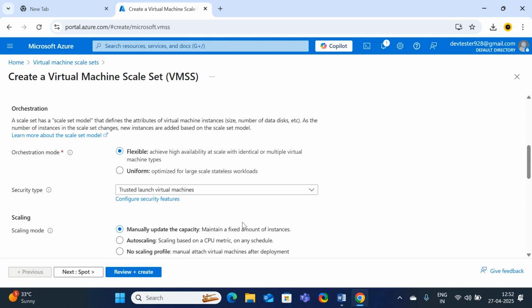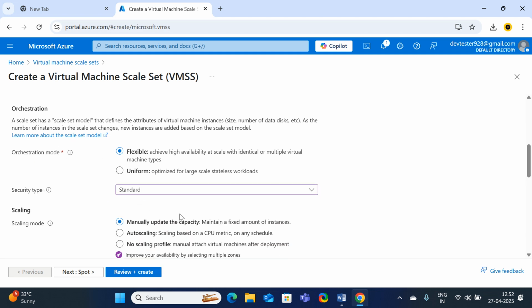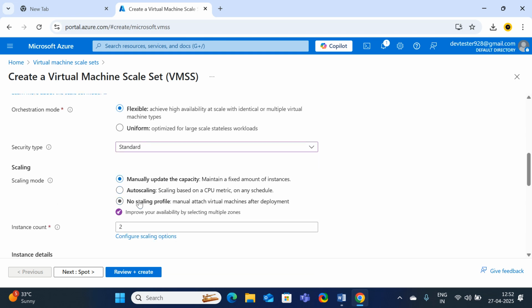Suppose I have created a web server. Whatever configurations I want, I make them on the web server and put it in the VM scale set. Whenever the traffic increases, it is going to create similar types of VMs and add those machines to the VM scale set in order to serve the traffic. Okay, just select the orchestration mode as Flexible, and for security type, select Standard. Coming to scaling mode,